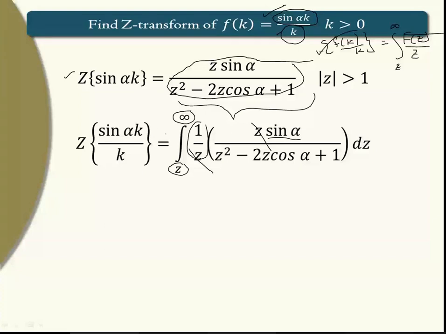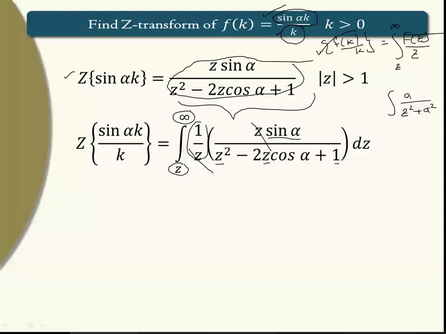In the denominator, what we have? We have z square term. We have single z into some constant term, and we have 1. So how to solve this integration? If you have only some a upon z square plus a square or minus a square, then we know the standard formula of integration. But here what we have? We have z square term also, z term is also there, and constant term is there. So what to do in that case?